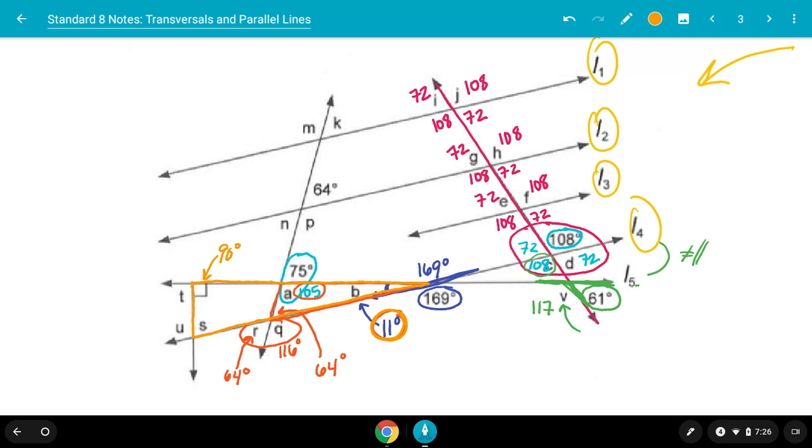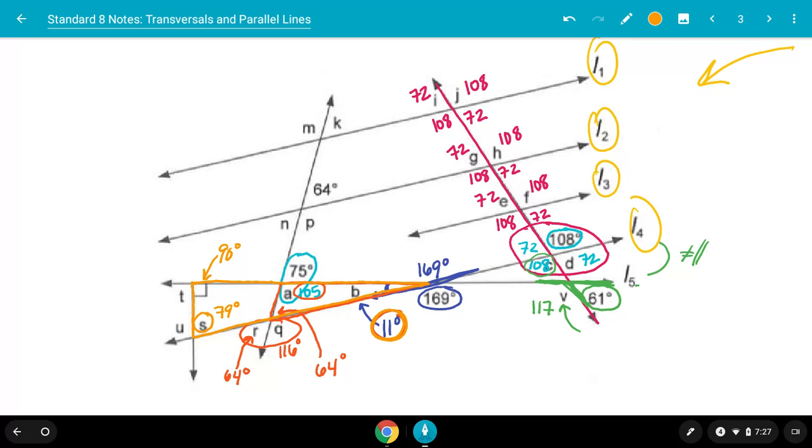So if we know those two angles, we can figure out what S is because all the angles need to add to 180. So I did 180 minus 90 minus 11, and I get that S is 79 degrees,